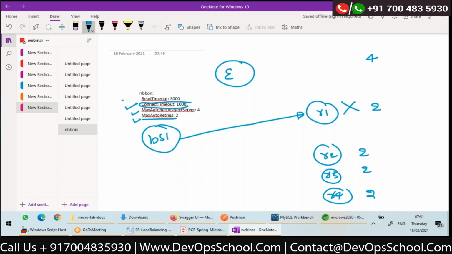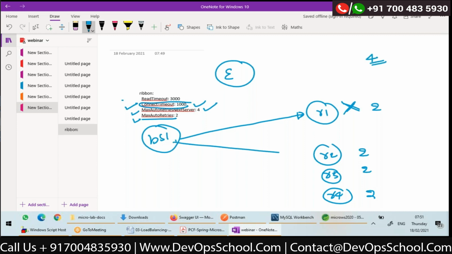Let's say booking service is making a call to routing service 1, and this is down. So it will wait until connection timeout, it fails. Then booking service has to retry to next available instance. But what are the maximum number of auto retries for next servers? 4. Okay, still 4 are there.